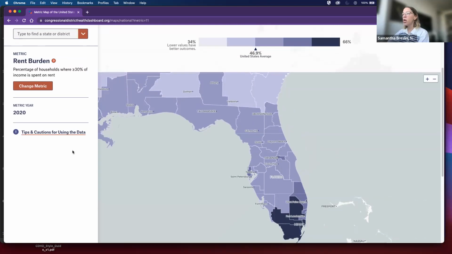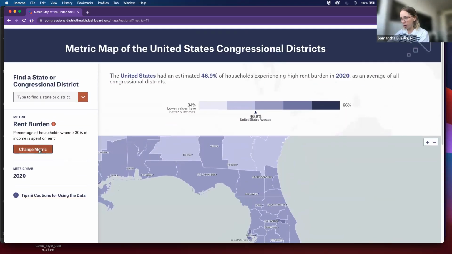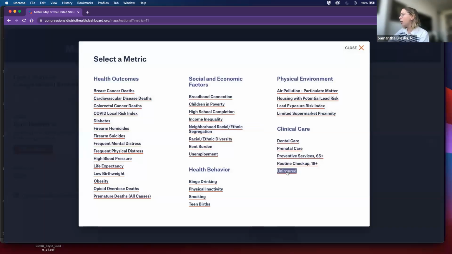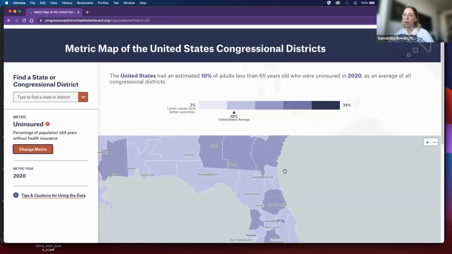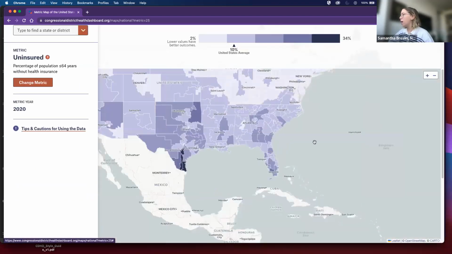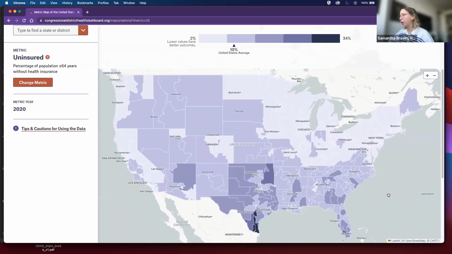And so I now want to just draw your attention to a different metric. Uninsured has been on my mind, just given that the public health emergency related to COVID is winding down in May. We have continuous enrollment having ended earlier in March. So uninsurance is definitely on my mind. And I wanted to see what was happening nationally in terms of uninsurance and the landscape that districts and states will find themselves in as all of these things keep unraveling.